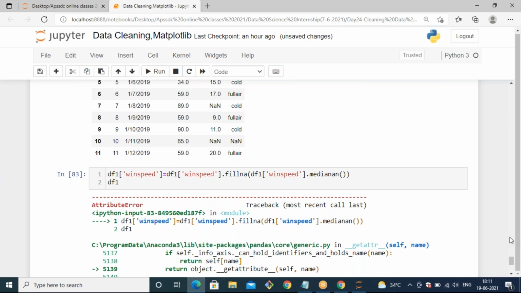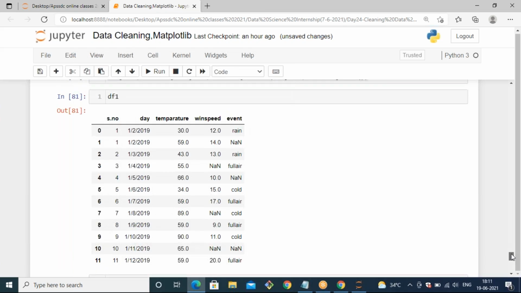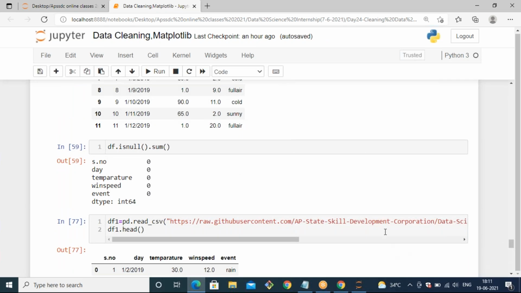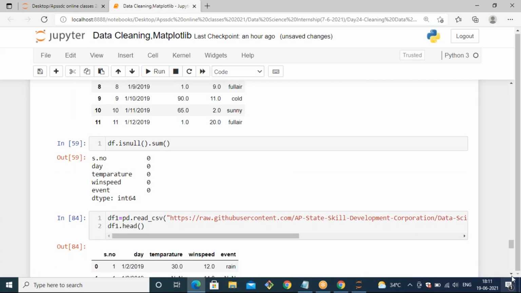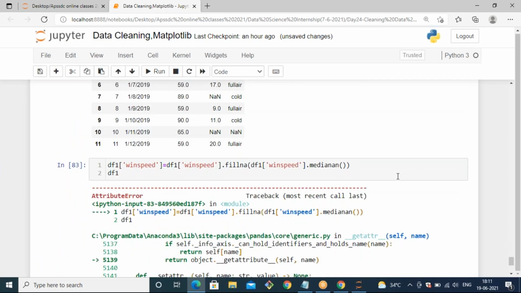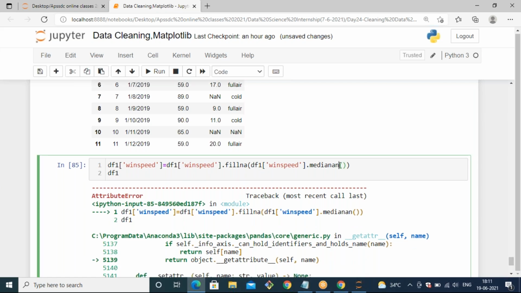Wind speed, attribute error. There is no column with that. I'm going to run the file reading again, and you can run this directly. Attribute error. So the median spelling is wrong.